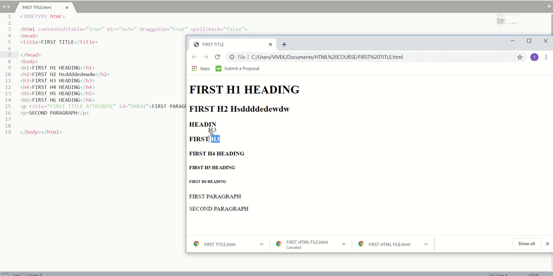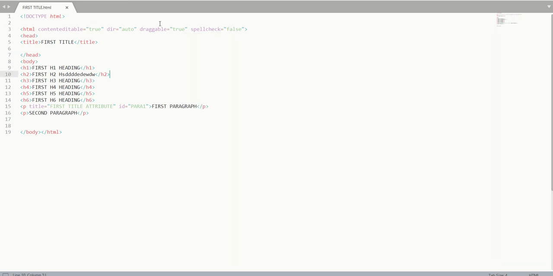Similarly, if I drag it from here, it is dragged to the previous line again. So that's how we can drag it. Remember, if I want to make it draggable, I have to make it editable as well, so I have to make content editable equal to true.